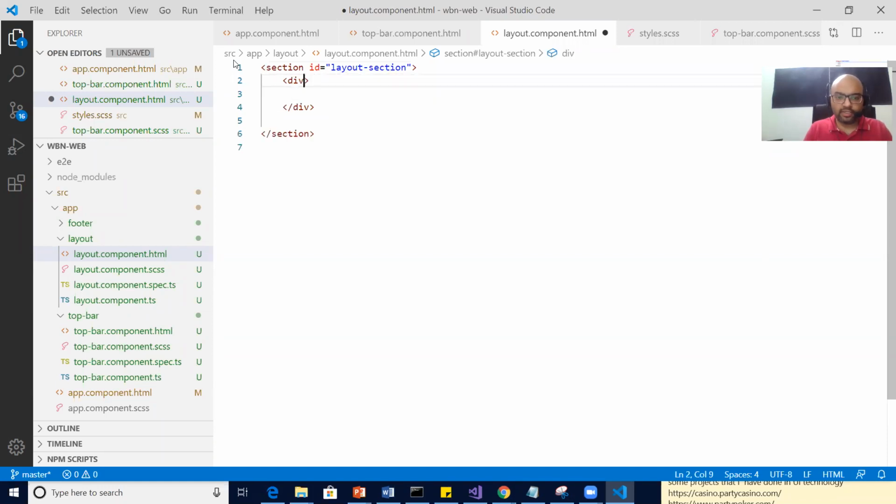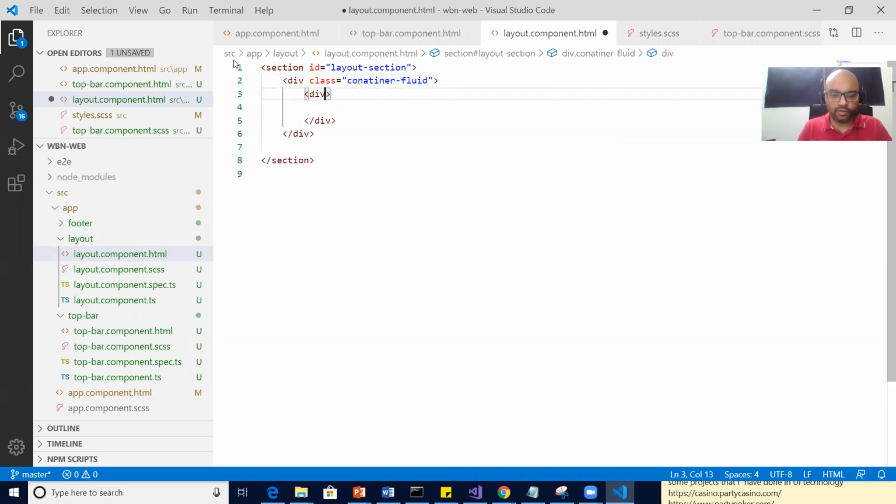Then in this section I would have again a tabular format, a table structure. So I say container. I should have done it in the top bar also. First put a container fluid. Container fluid means 100% width, 100% stretch, 100% div. Inside that I would have one single row, and then inside that row we should have two columns, correct? Div.